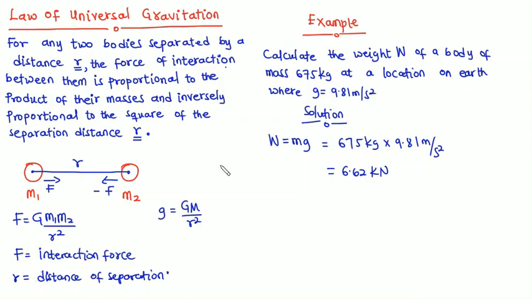So we learned that in a special case where the object is on the surface of the Earth, we term this force the weight force, and that will be equal to the mass of the object on the surface of Earth multiplying the acceleration